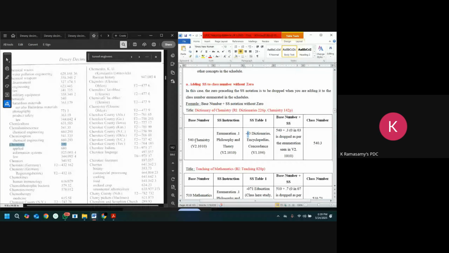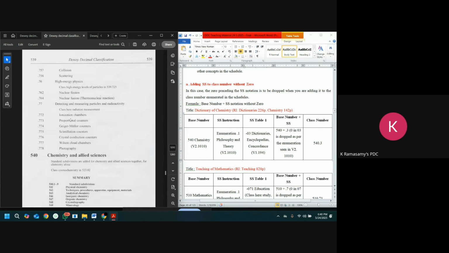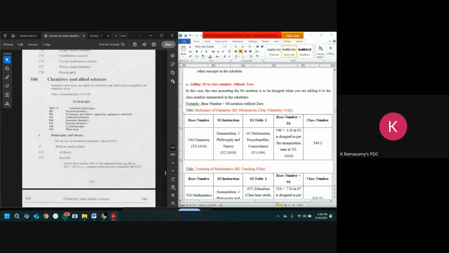Now I need to know how can I add this 03 standard subdivision number to the main class number called 540. What should I do? I need to go to the schedule. I should find out the instruction. I should add it. Where is 540? It is in volume 2. I'm in volume 2. Let me go to 540 chemistry. So 540 chemistry, it says, you can see here,